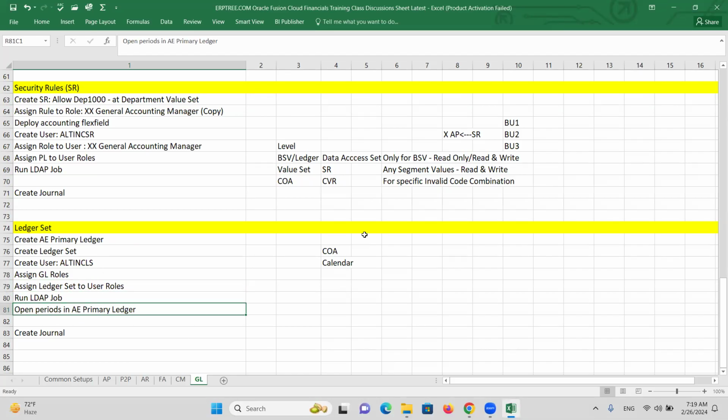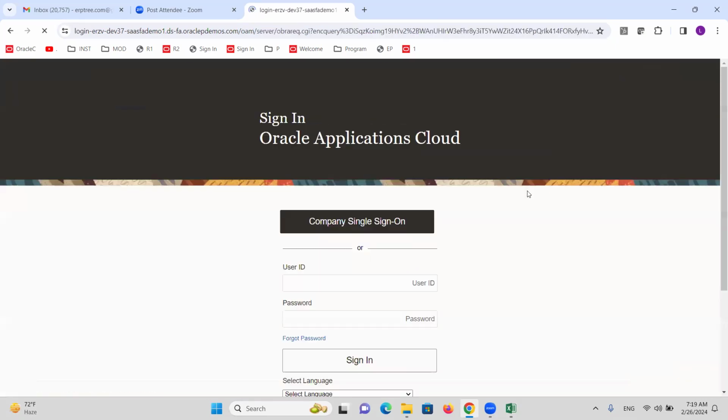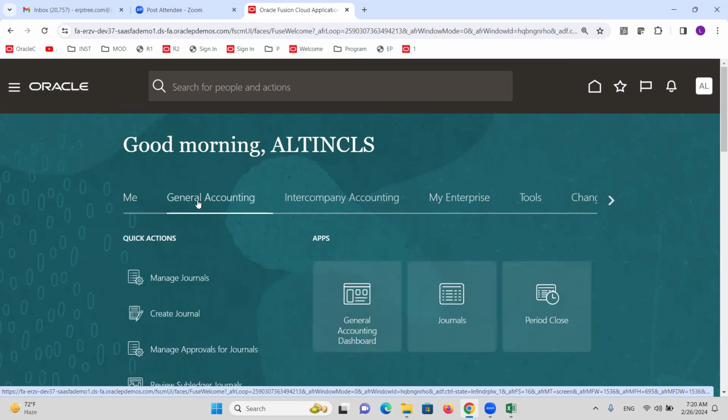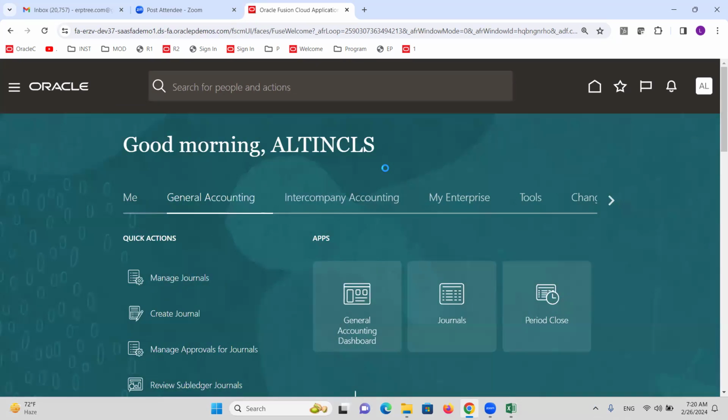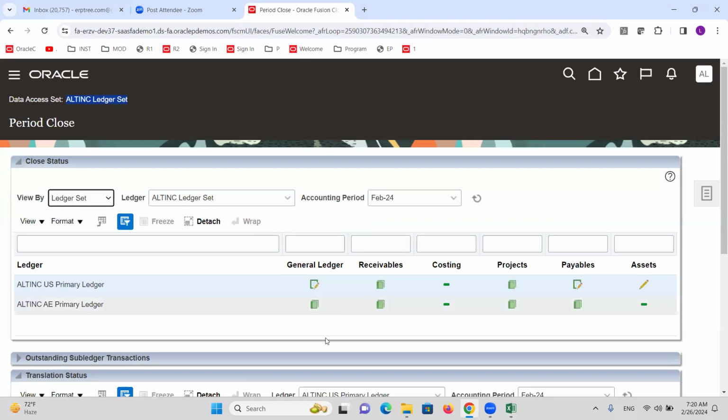Open the periods in the primary ledger. So log into the instance as the Alt IMC ledger set user. Okay, now we want to open the periods. Now this user will be able to access the ledger set. You see here, click on period close. So the user is able to access Alt IMC ledger set. That means this user has access to the two ledgers within that ledger set. This one we already opened. Now we have to open the periods here. You can see the status. Since you have access to the ledger set,